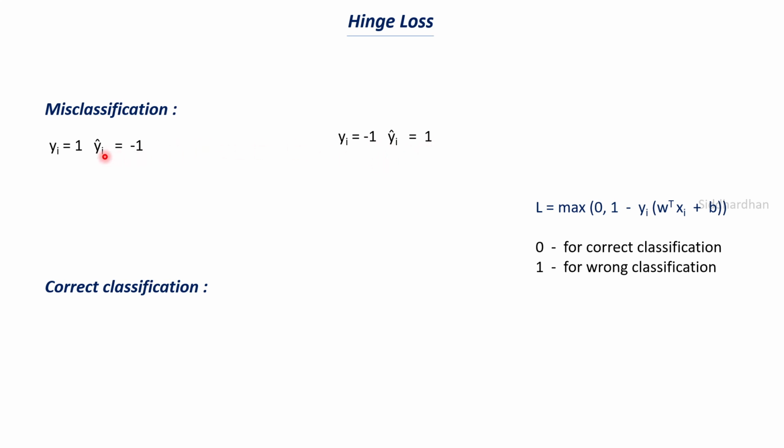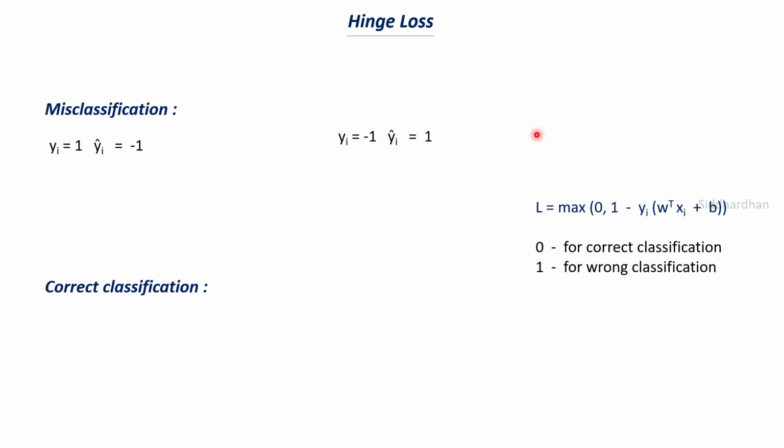So if our model is predicting correctly, both the values should be the same. So the y cap value should be the same as the yi value, but it is not, in this particular case. So we can call this a misclassification. And let's try to plug in the values in this loss function formula. So we know that this w transpose xi plus b is basically your yi cap, right?